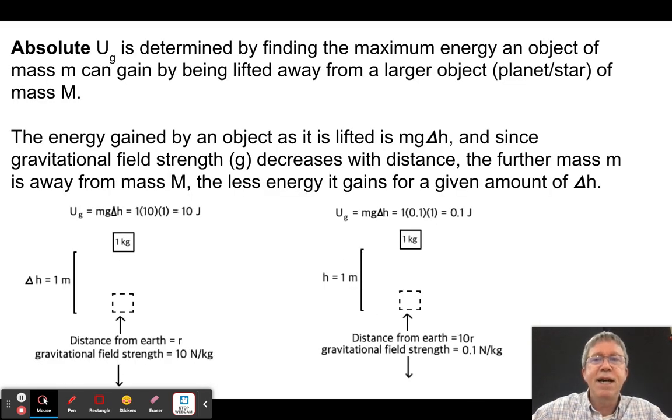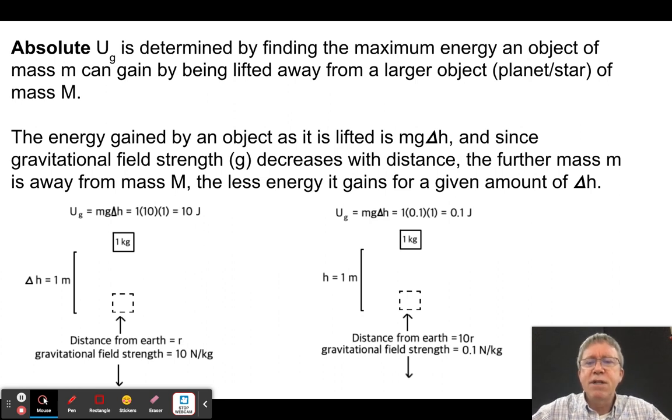So in order to determine that, let's think of it this way: the absolute potential energy that an object can have is basically I have to figure out first, what is the maximum energy I can have by lifting this thing of mass little m away from a planet of mass big M, right? So there's a finite amount of energy you can get. Like, for instance, lifting a rock away from Earth is going to give more energy to the object than lifting it away from the moon. And so there should be a way of determining what is that absolute amount of potential energy that it can